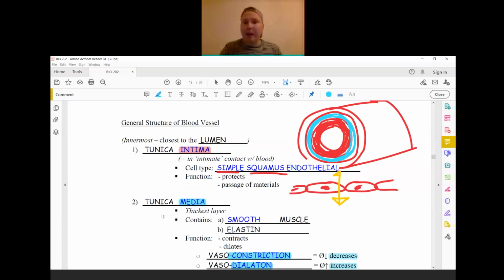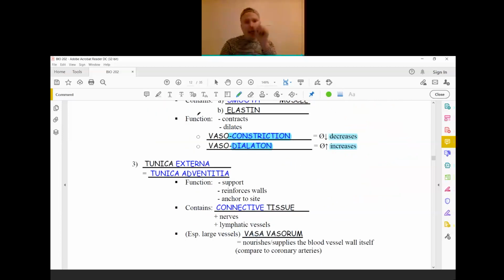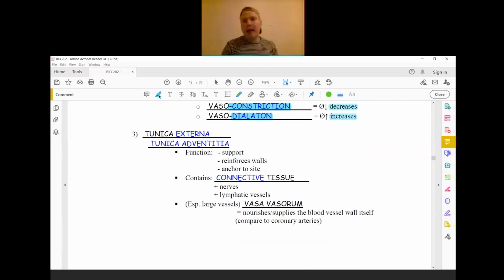The final layer that we're going to have a look at is going to be the outermost layer of the blood vessel, this layer that we see here. And this layer is known as tunica externa, sometimes also called tunica adventitia, depending on where in the world you are. I think tunica adventitia is more common in Europe and in the UK. So externa, it's the most outermost. That layer is made of mainly connective tissue, and it really just anchors everything to its place, reinforces the walls,